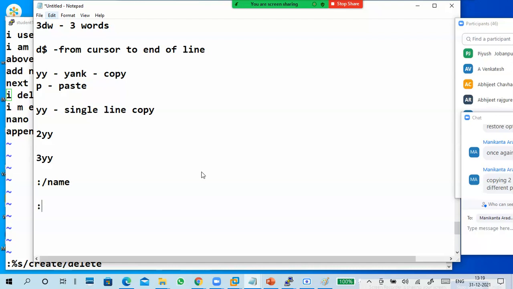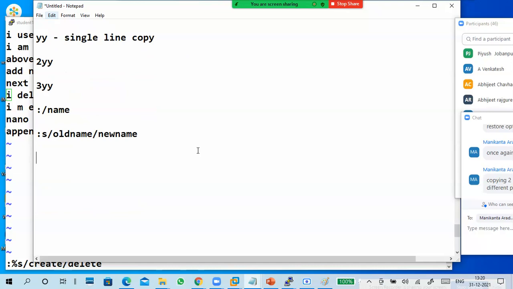So colon s slash your old name slash new name. But compulsory, the cursor must be in the particular line. Then only it will change. But here it is percentage s slash old name slash new name.